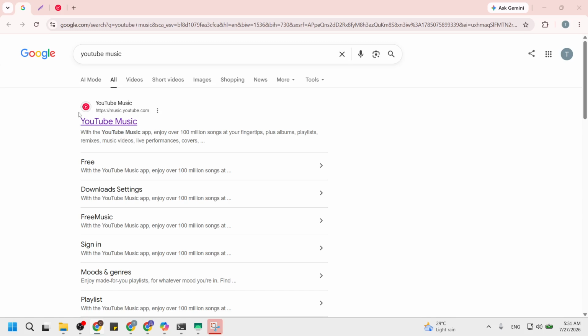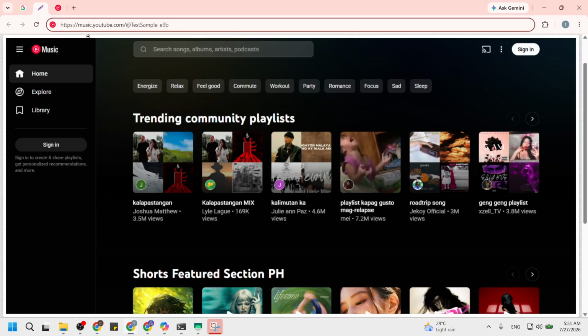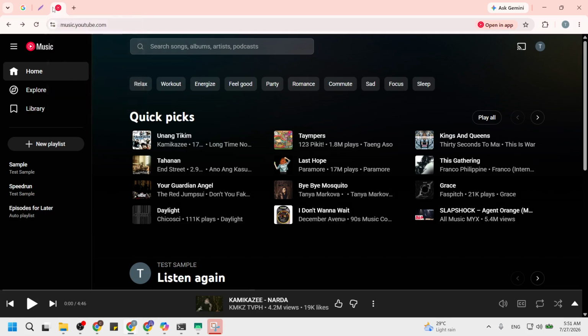If you already have a Google account, use that same email and password here. After sign in, the YouTube Music homepage loads, with sections like Home, Explore, and Library in view. If you land on a generic YouTube page instead, go back and make sure you chose the YouTube Music result rather than the regular YouTube link. When you see the music-focused layout, you are in the right place to sort your songs.